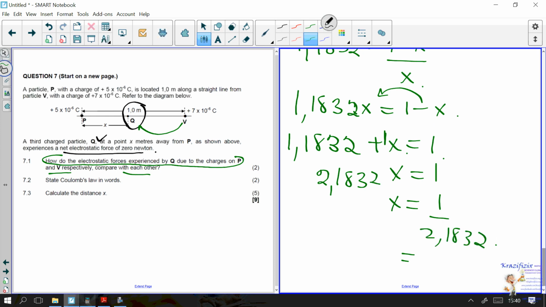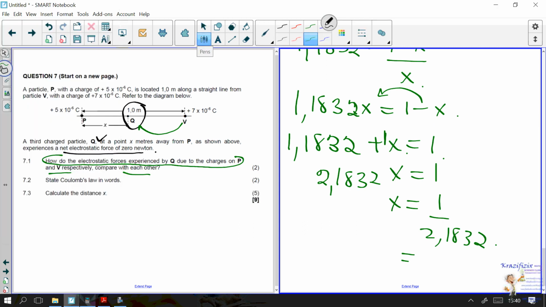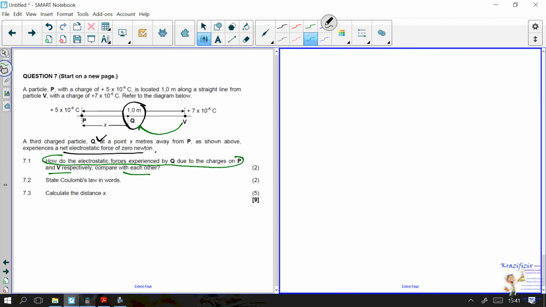2,1832. Okay, so it is 1 divided by my answer, and my answer is 0,458. Okay, so x equals 0,458, which is 0,46 meters. Great, and that's how you work that out. But the maths there, let me go back to the maths. We said